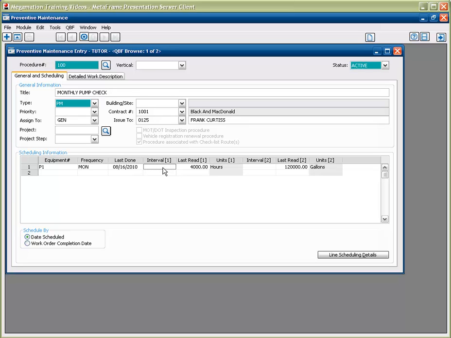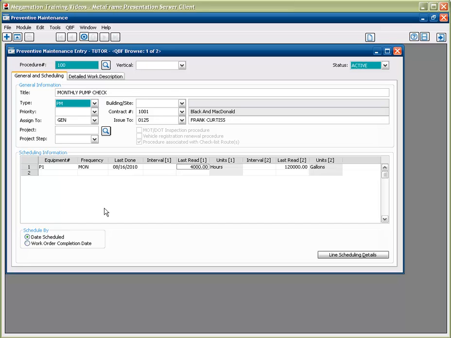And this value is compared to the value entered in the equipment event entry window. That's where this value comes from. Similarly, you can set up other intervals with readings and units based on the equipment itself. These can be set up in the equipment entry window, the units, and the readings come from the equipment event